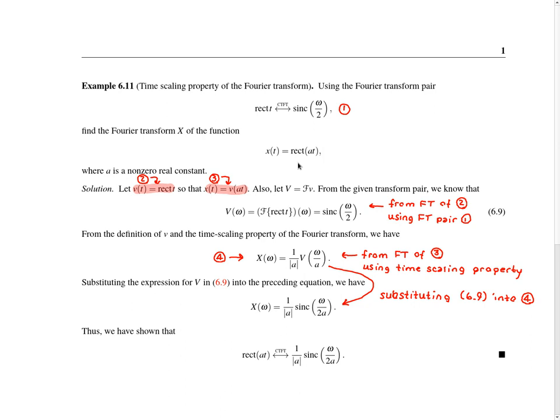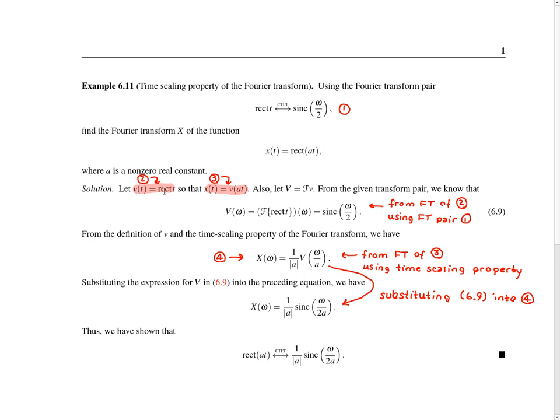So in order to do this problem, we're going to need two pieces of knowledge. We have to use the fact that we have this particular Fourier transform pair, and we're also going to have to use the time scaling property of the Fourier transform. Now, instead of trying to combine these two steps together and do them all at once, which can be quite error prone, I'm going to do this in a more systematic way. I'm going to take the equation that we're given for x here, and I'm going to split it into two simpler equations. So I'm going to start out by creating a function that I'm going to call little v, which